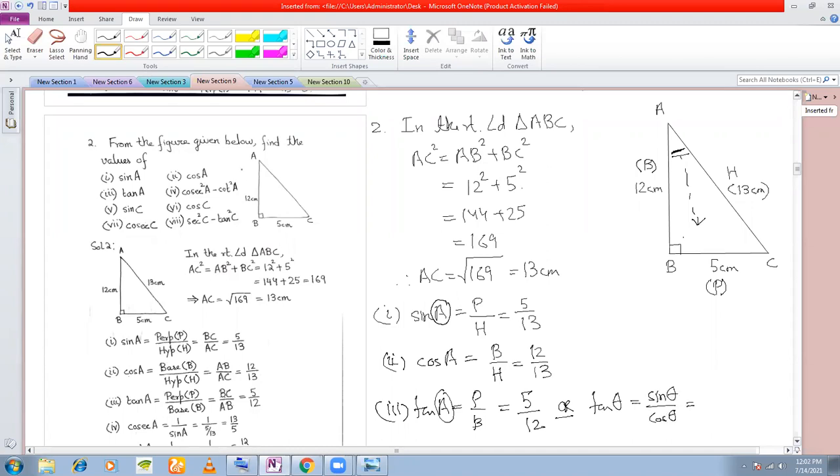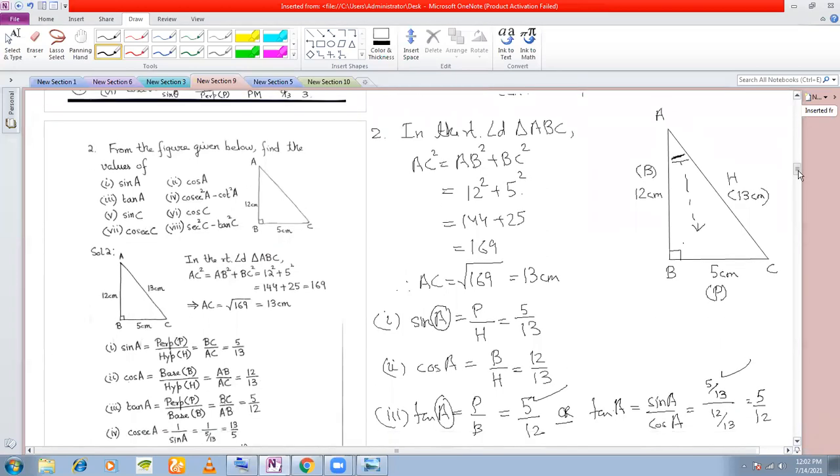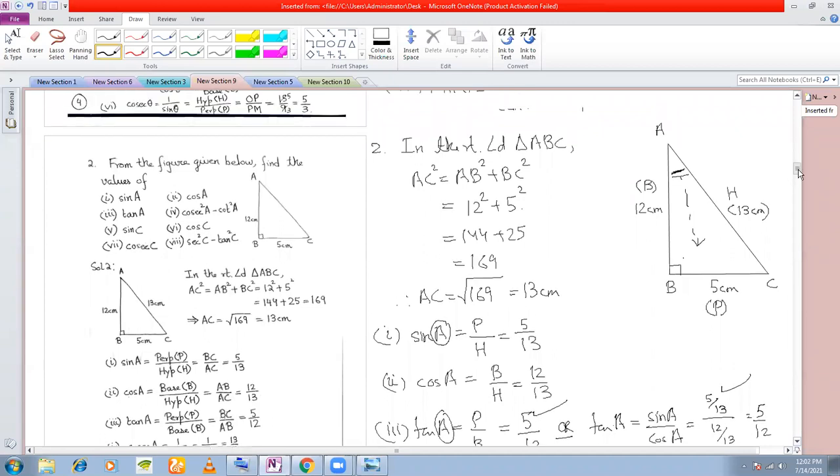You have calculated tan A above, in fact, not theta. So this tan A, you know, is sin A by cos A, right? You have calculated sin A above as 5 by 13 and cos A as 12 by 13. So this will come to 5 by 12. Either you can do it this way or this way, any way you want. So you have calculated sin A, cos A and tan A. First three questions are answered.